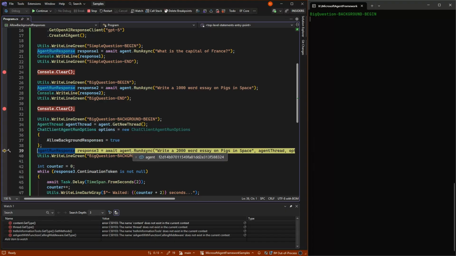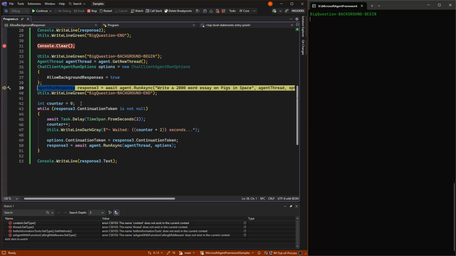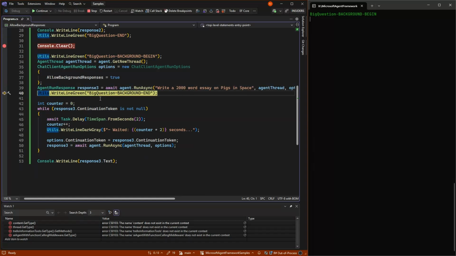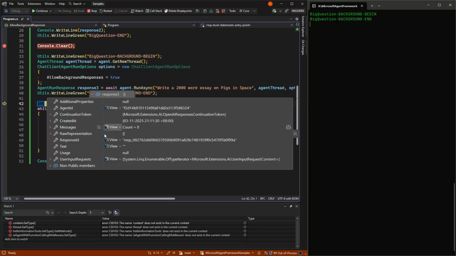And if we do that, we will see that it comes back instantly. And we are essentially done with our response. But this response doesn't have anything in it. There's no text or anything. But what it has is a continuation token.